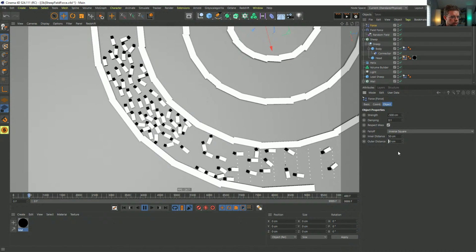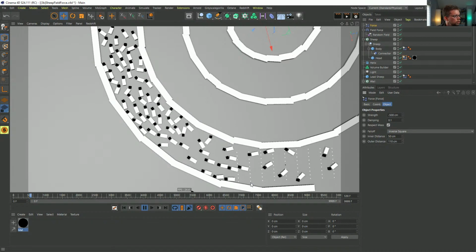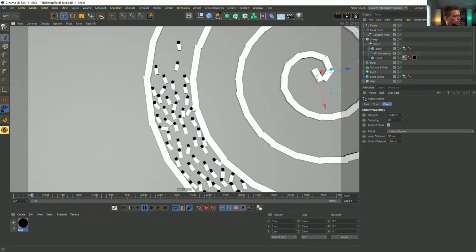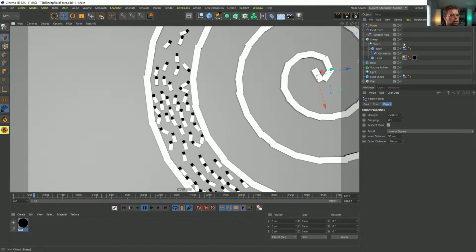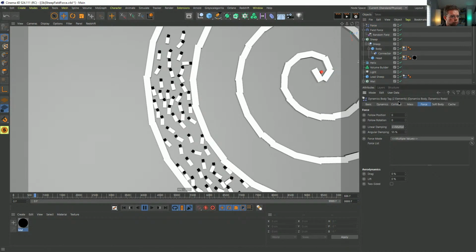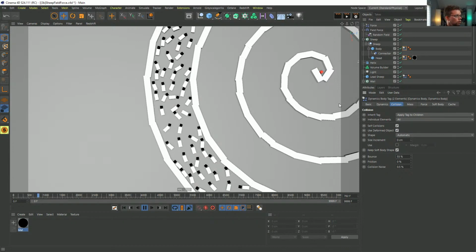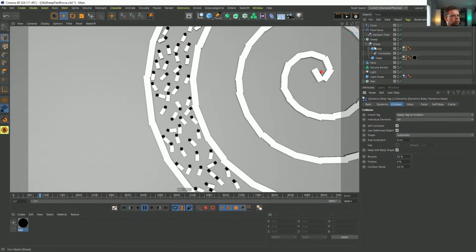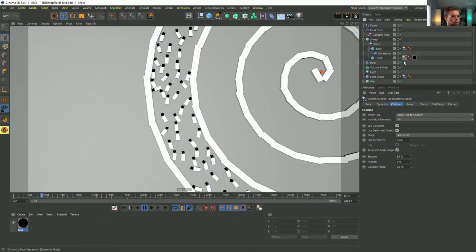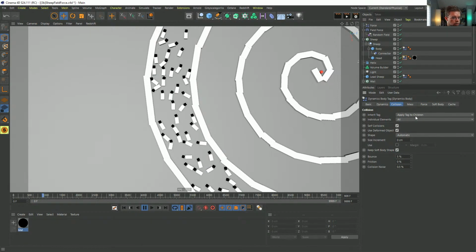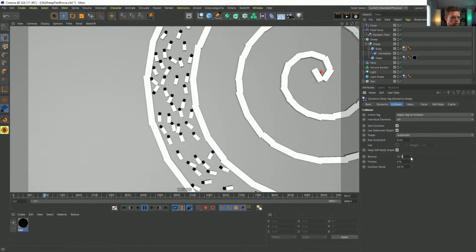It's such a tricky balancing act. I want them to be able to slip past each other. How much friction do they have? I think they have 0 friction, right? Yeah, 0 friction. We could give them more bounce so that when they hit the wall or each other, they're like, whoa, I'm out of here. But we don't want the head bouncing off the body. So maybe the head has very little bounce, but the body has a bunch.